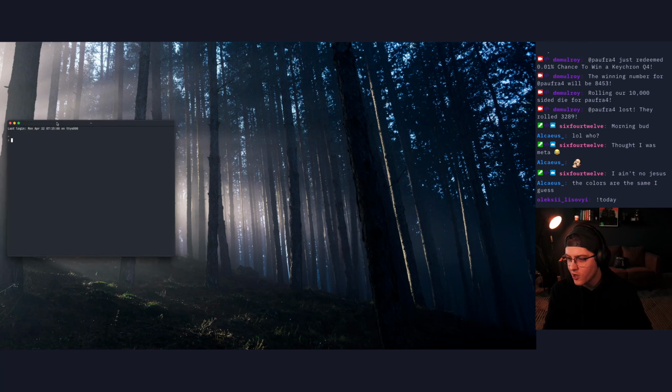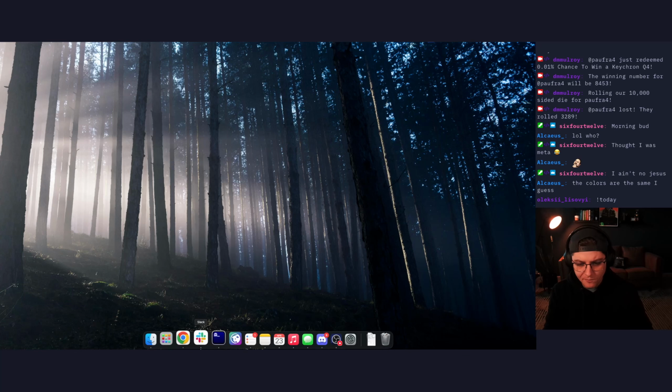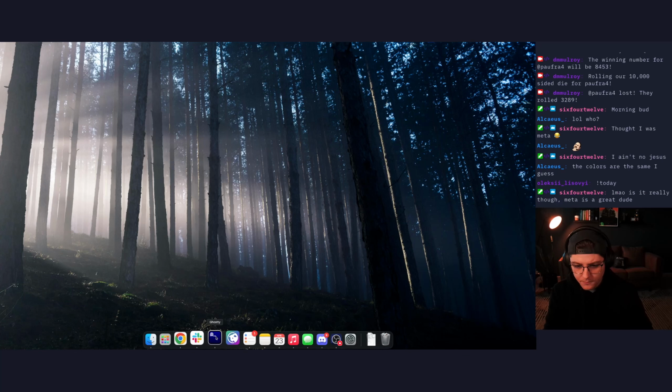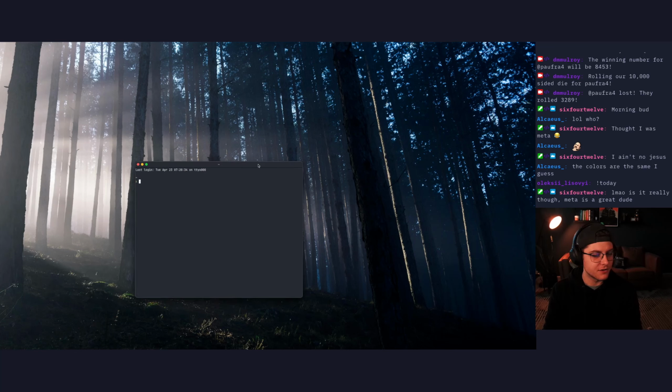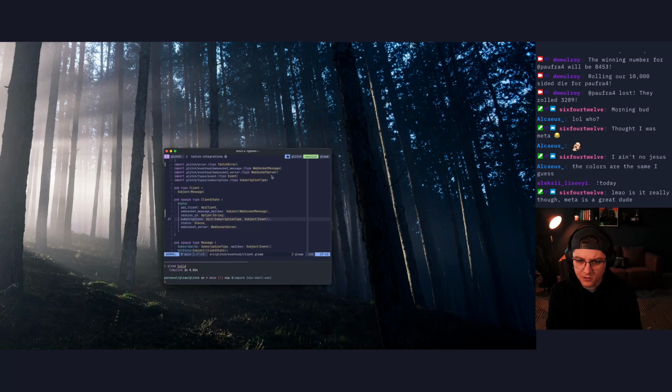What the fuck just happened? Alright, so my Ghostty config just got screwed up. Am I still attached?